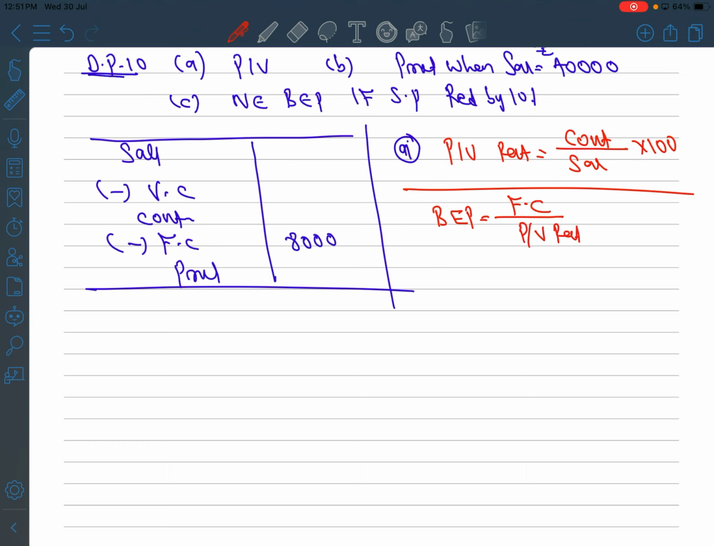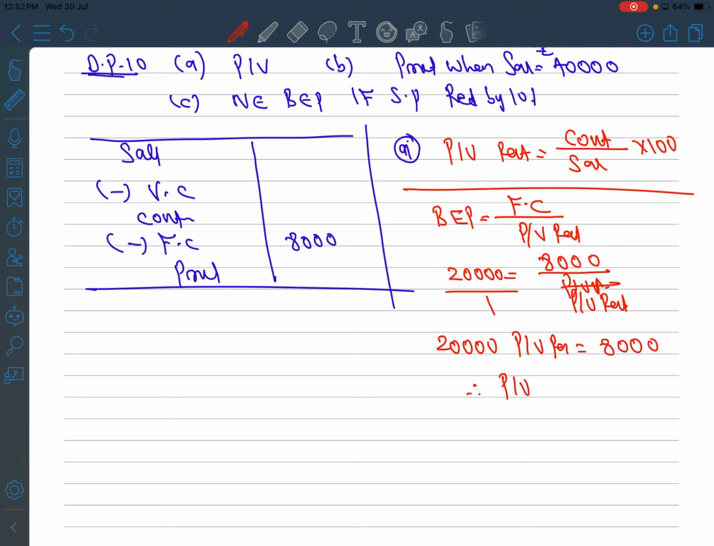Break-even point we know, it is 20,000. Fixed cost we know, 8,000. From here we can easily compute the PV ratio. Let me show you how to calculate this: cross multiplication. 20,000 into PV ratio is equal to 1 into 8,000, which is 8,000. So therefore PV ratio is equal to 8,000